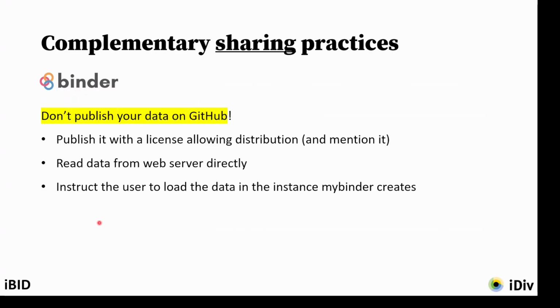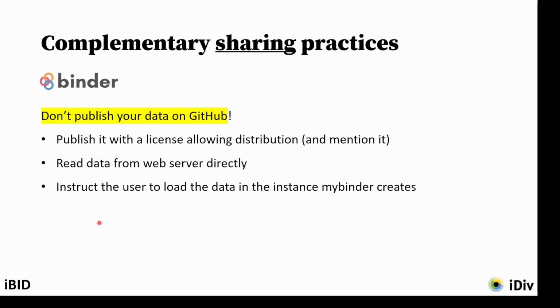What are the alternatives? First of all, if it's your own data and you published it in another repository where they gave you a license that allows distribution, and it's not big data. I think there is a limit of 10 mega or something. There is some limit to how much you can have in a Binder Git repository so that it can actually create a binder for you. So if your data is not so big and you have a license to put it on GitHub, then yes, put it in a folder called data, and then you call it in your notebook